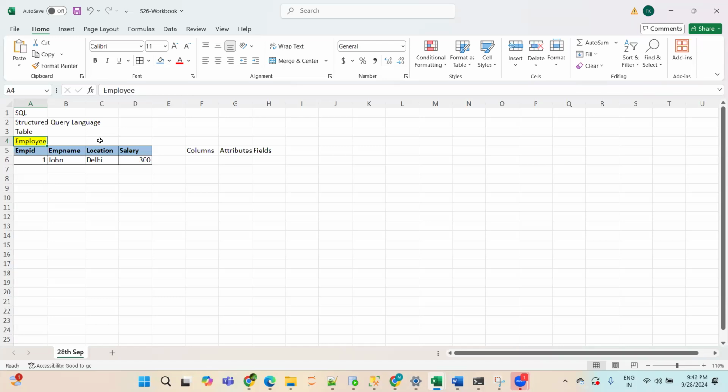But a data analyst doesn't have the power or privilege to decide how many columns will be there in a table. These things will be done by the data engineers or the stakeholders. They will tell you, okay, I want this table and I want these columns. Okay, is that clear?